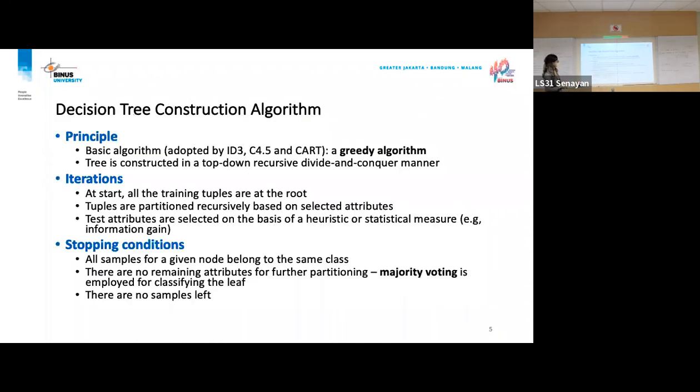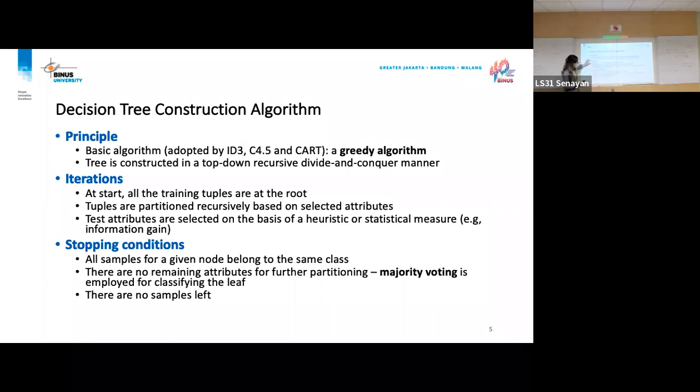So what is actually a decision tree construction algorithm? The basic algorithm is adopted by ID3. ID3 is the oldest one. Then sklearn implements what we call CART. CART is classification and regression trees.